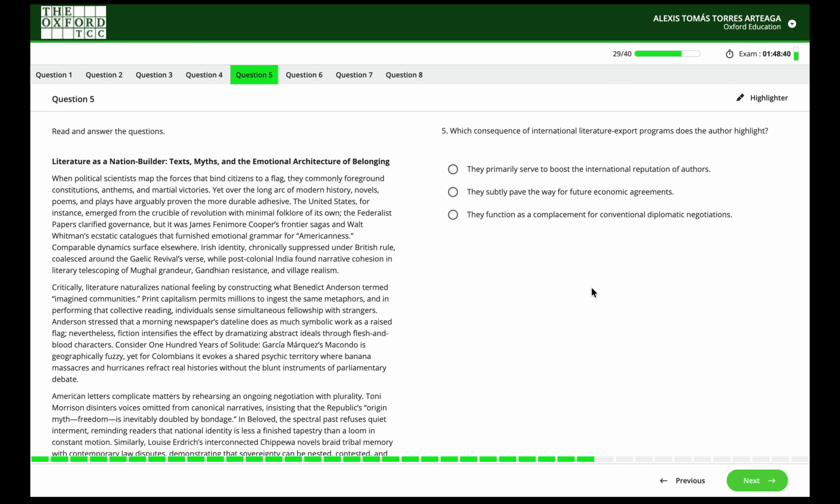Which consequence of international literature export programs does the author highlight? They primarily serve to present